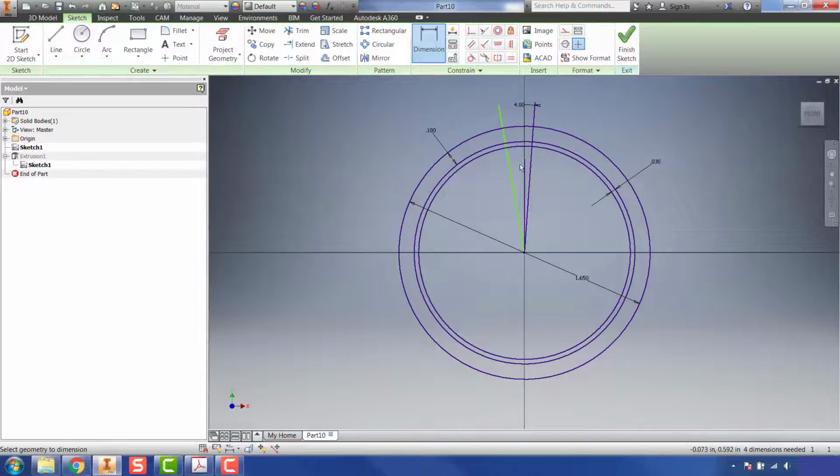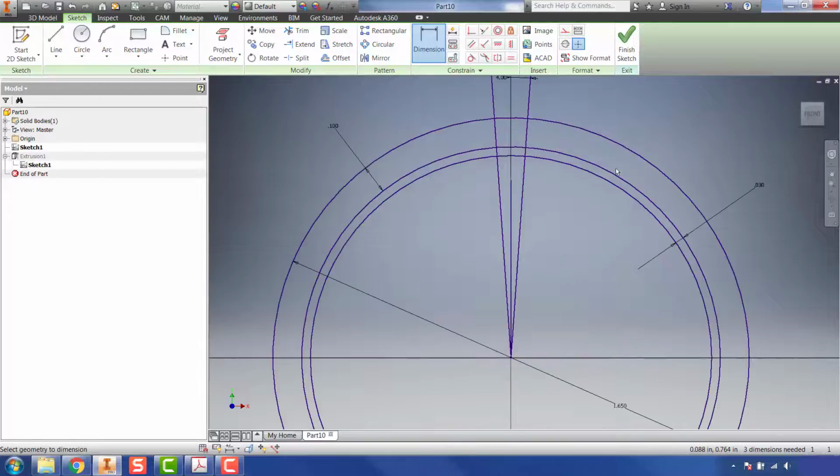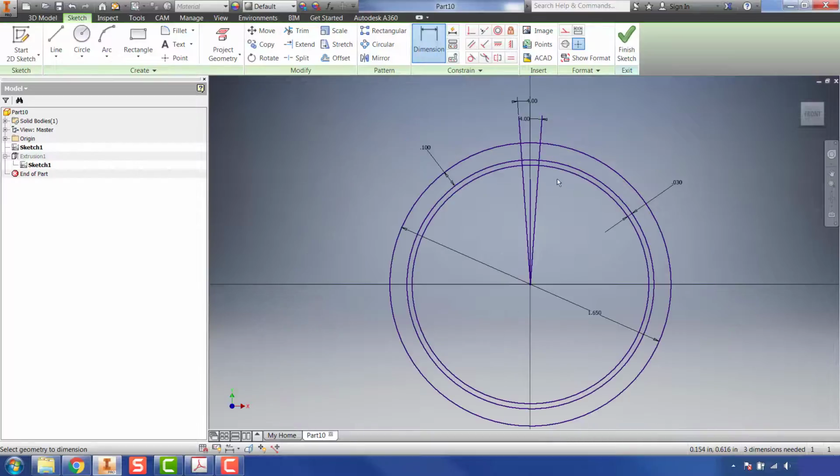And I'm going to do the same thing over here. That center line to the right or left-hand side of the V, and I want that dimension to be 4 degrees as well. Now that you've completed that, the only thing that we're going to extrude is this small rectangular shape here in the center. So in order to get rid of everything we don't need, we're going to grab the trim command